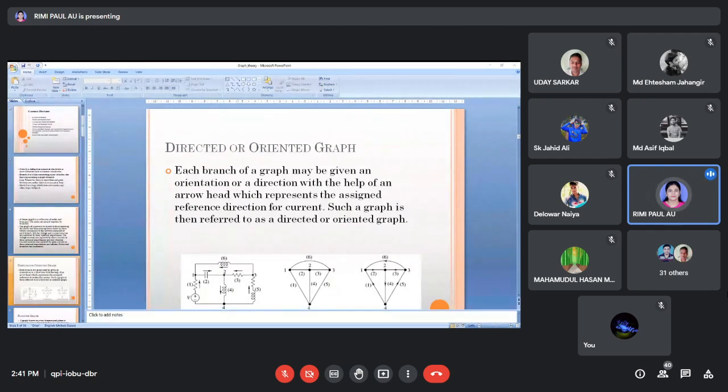So what is a loop? Whenever there is more than one path between two nodes, there is a closed path or circuit or loop. Or you can say a loop or circuit is a connected subgraph such that at each of its nodes there are incident two of its branches.